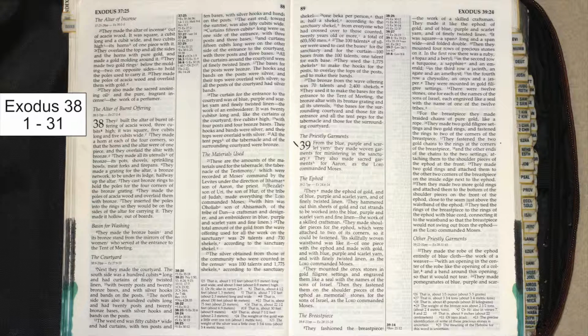The total amount of the gold from the wave offering used for all the work on the sanctuary was 29 talents and 730 shekels, according to the sanctuary shekel. The silver obtained from those of the community who were counted in the census was 100 talents and 1,775 shekels, according to the sanctuary shekel. 1 beka per person, that is, half a shekel, according to the sanctuary shekel. From everyone who had crossed over to those counted, 20 years old or more, a total of